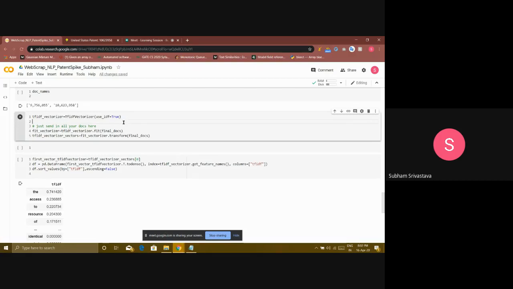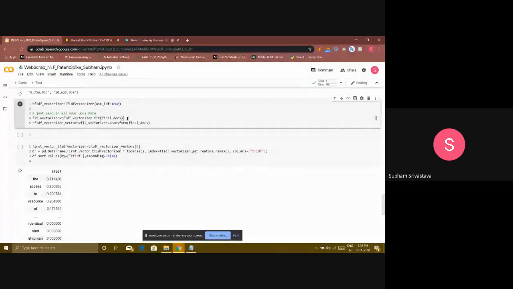What this IDF does is, because 'the' is present in almost every document, its IDF value decreases. So when I multiply TF into IDF, the whole value decreases. So 'the' is not a crucial parameter to decide the similarity between two documents. That is what we wanted actually. That is why we use a TF-IDF kind of vectorizer. We can use other kinds of vectorizers; nothing is hard and fast here, we are just demonstrating one way.